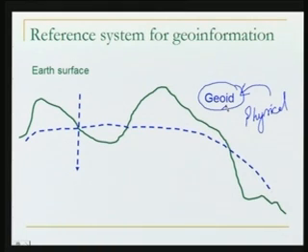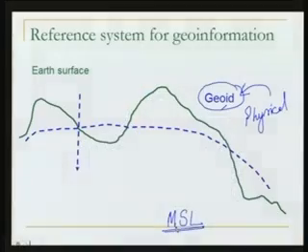Alright? Well, now we'll talk about how we can make use of this geoid. You must have heard of a term called MSL. Very often in all the railway stations you will find the elevation or the height of the railway station is given from mean sea level. Now what is this mean sea level? Mean sea level is the average surface of sea, which is measured over a period of 19 years. We take 19 years so that the effect of various tides and surges can be eliminated. So this is the average surface of the sea.